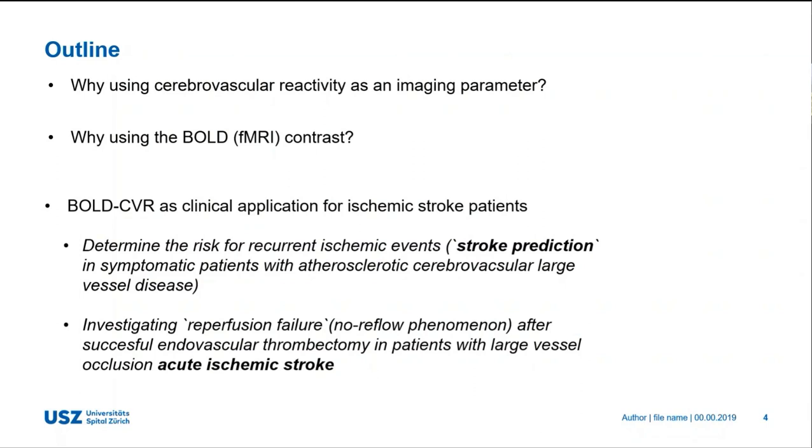So this is where we try to apply Bolt CPR. And kind of as a new development in the last couple of years, we also look at patients with acute ischemic stroke. So presenting with ischemia, coming to the clinic, and then after we've done the clinical workup, meaning CT perfusion, endovascular thrombectomy, yes or no, we do a Bolt CPR within 72 hours in those patients that remain symptomatic